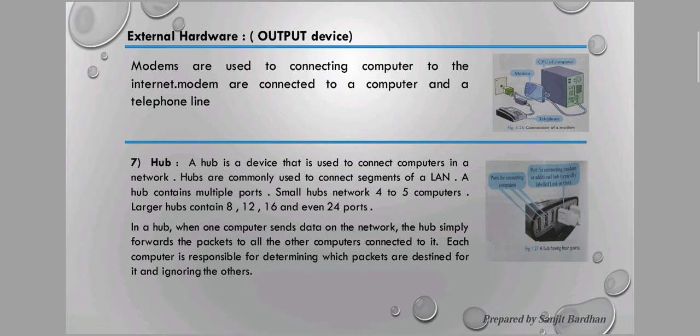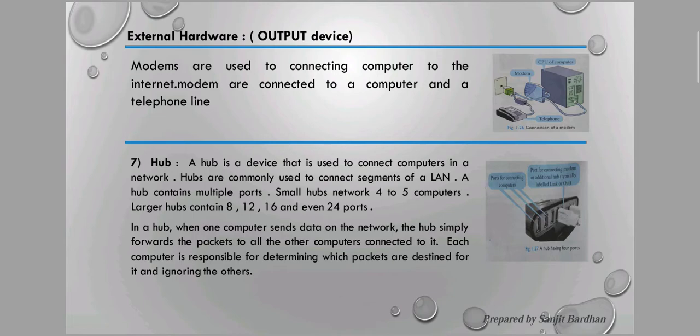Hubs are commonly used to connect segments of a LAN. A hub contains multiple ports. A small hub connects 4 to 5 computers. A large hub contains 8, 12, 16 and even 24 ports. Mainly a hub is used to send data from one computer to another computer.